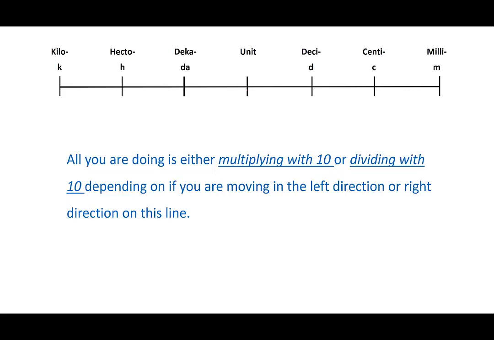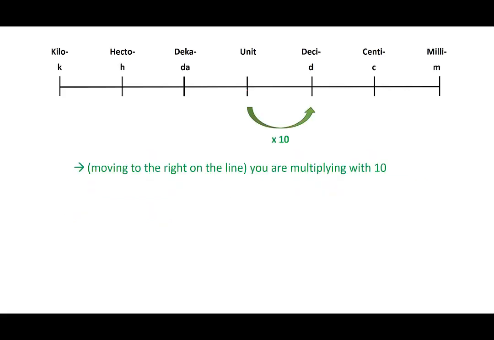And so when you're moving on this line, all you're really doing is either multiplying with 10 or dividing with 10, depending on if you're moving to the left or right. So if you're moving to the right on the number line, for each tick mark, you're multiplying with 10. So here I moved 1 step to the right, so I multiplied it with 10, and I keep multiplying with